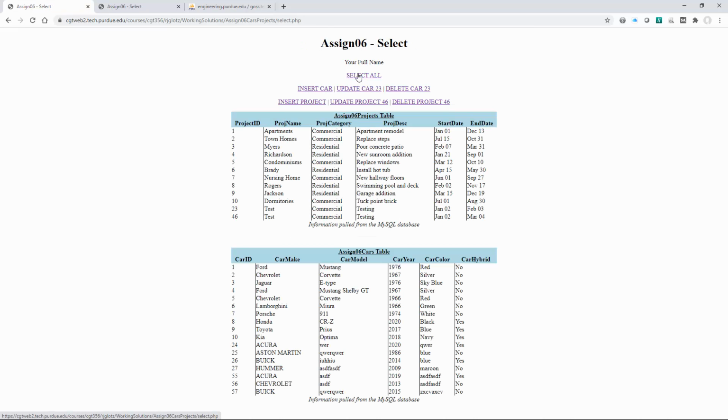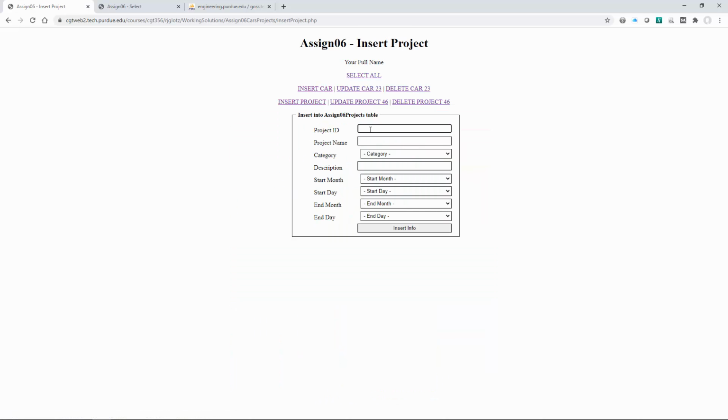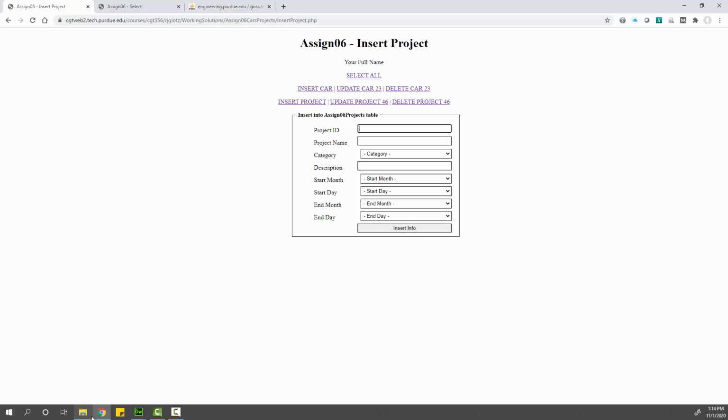a project. So if we come back out here, our top table here is projects. We've got project ID, the name, category, description, start date and end date, which for our purposes here, we're just looking at months and days. It can get more complex after that, but right here what we're going to be doing in insert and update is going to involve some string manipulation, some concatenation, so some new things to work on. So let's get started by